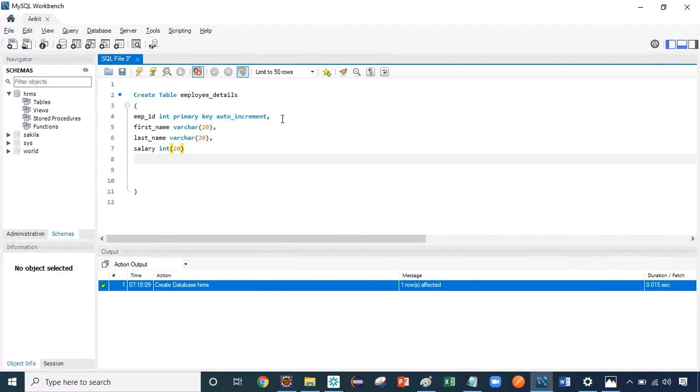Then I will just say joining date. I will just say date time, right? Joining date time. I need to put the comma over here. Comma. Joining date. What else can we put over here, guys? Let's keep the department, in which department they are working, right? So I will just give,